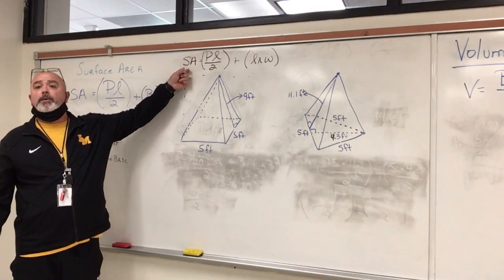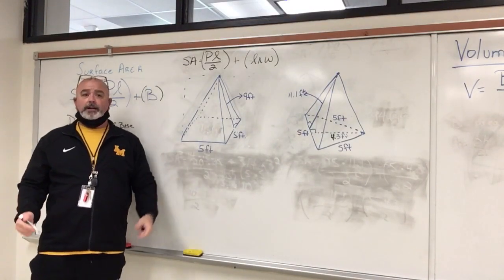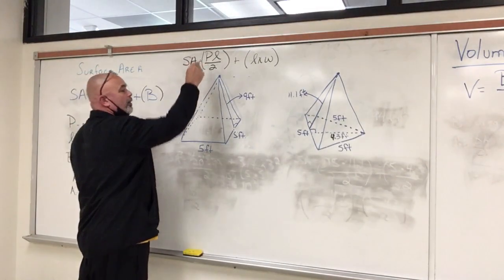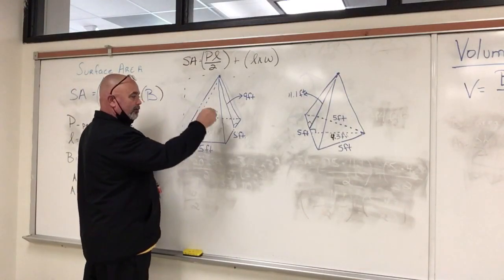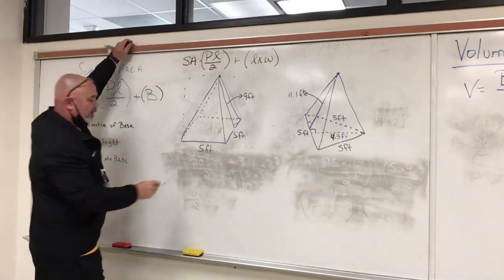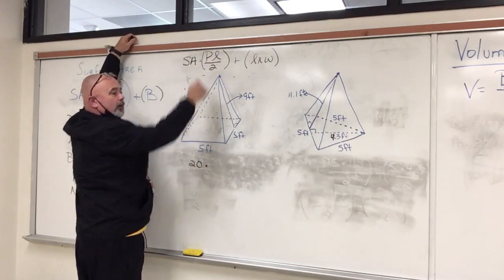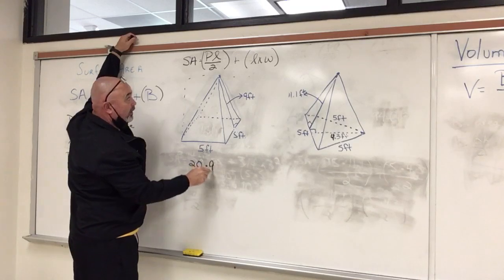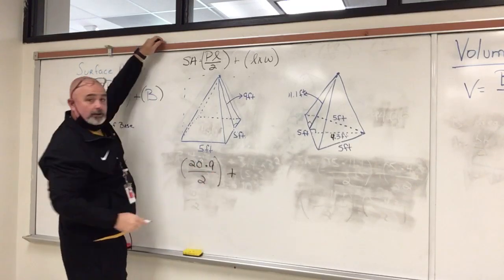Now that I've rewritten the formula, I can plug all my numbers in, use my calculator, and press enter one time. To find the perimeter of the base, I add 5 plus 5 plus 5 plus 5. That gives me 20. So I have 20 times L, which is the slant height, which is 9, and I divide that by 2. Equals 90. And I add that to